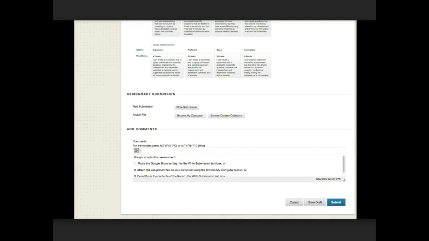What's important to you is the assignment submission area. There are 3 different ways that you can use to submit an assignment. One is to paste the Google share setting into the right submission text box. So if you have written it in Google and you change the share setting according to the rules that were covered in the previous tutorial, then you can